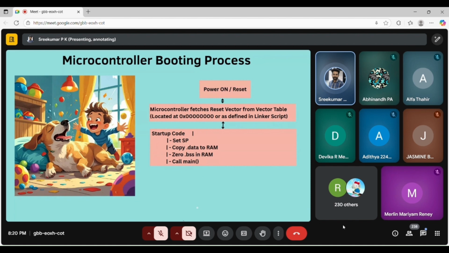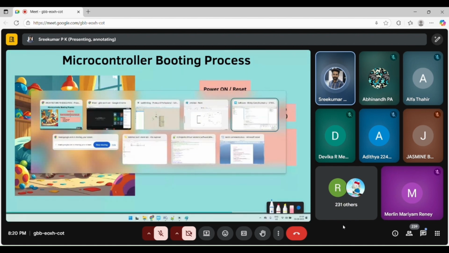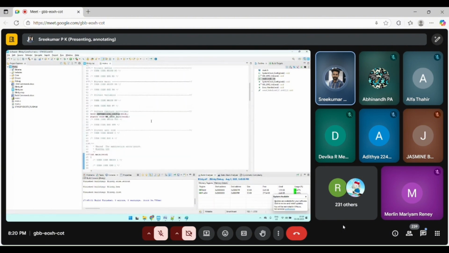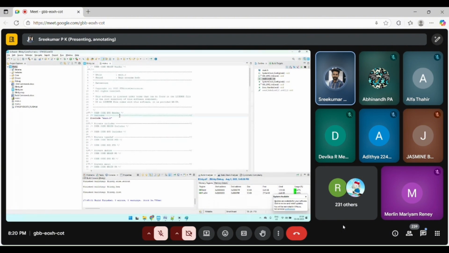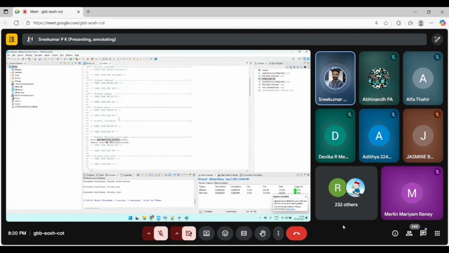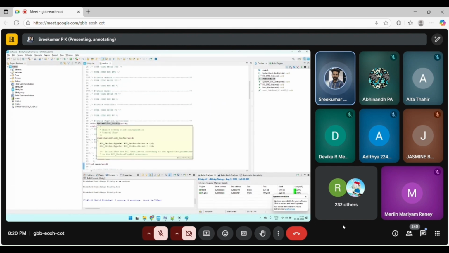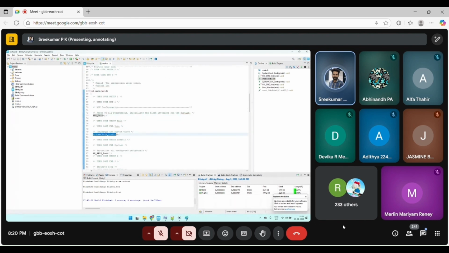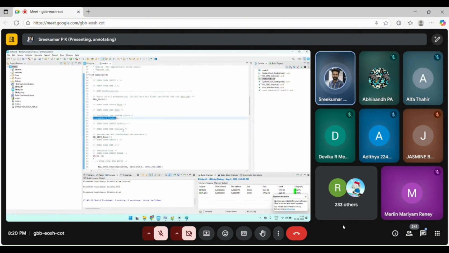Now it is my turn to go back to a code where you can see. So this is the code. I hope you can see the code. In line number 21, you can see there is a header file, main.h. When you go down, you can see some functions: SystemClock_Config, MX_GPIO_Init, then the main routine. There is a hardware abstraction layer init, and SystemClock_Config and MX_GPIO_Init are getting called.